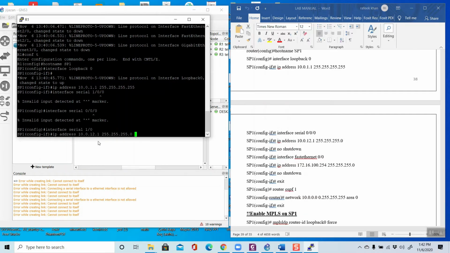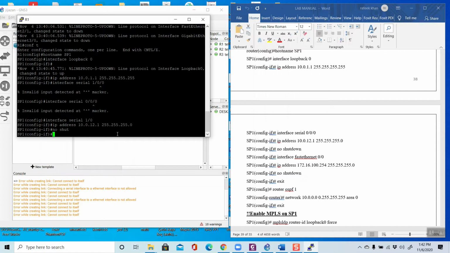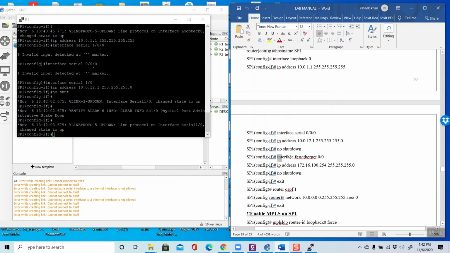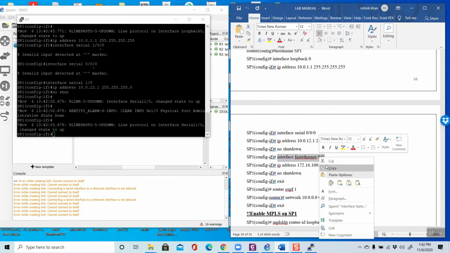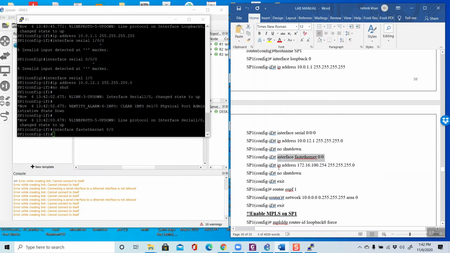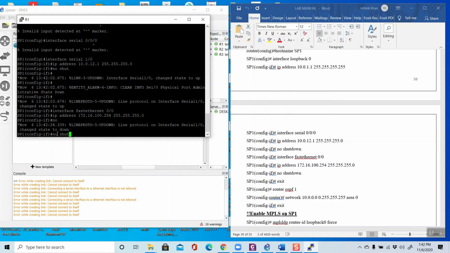Then no shutdown, this IP address. Then router OSPF 1.